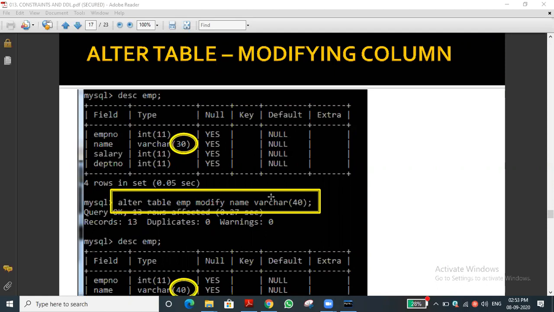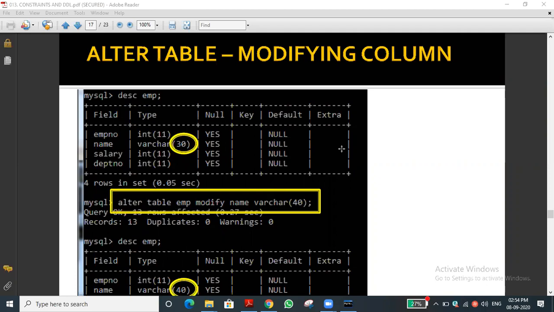If you want to change the value alone, like the last example Sriram asked, the salary we want to change, sir, update the salary. Or I want to update my phone number: the old phone number you want to delete, this is a new SIM I bought yesterday. Likewise, if you want to update the value, that time only you have to use the keyword update. You should know the difference: update is different, modify is different. Have you got it? Yes, understood, sir.